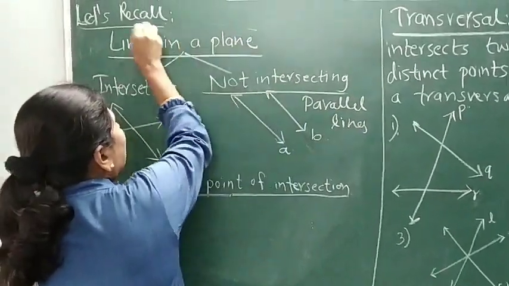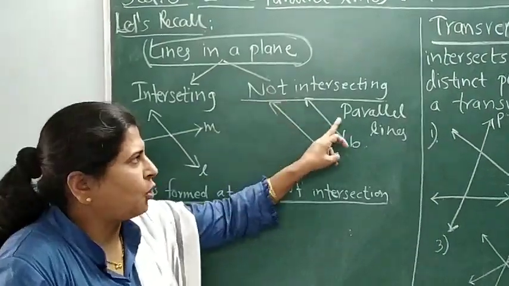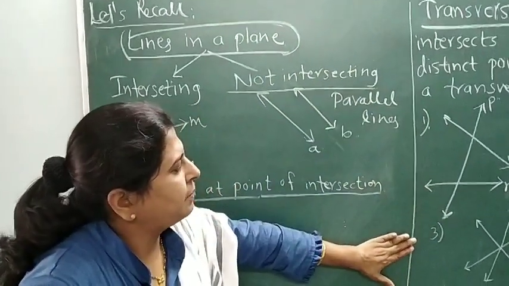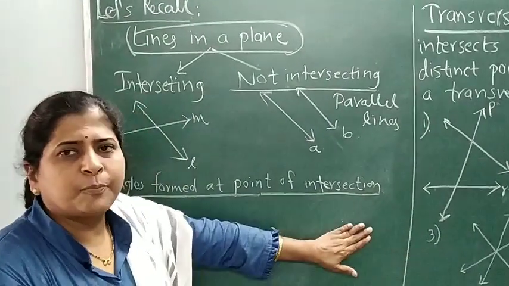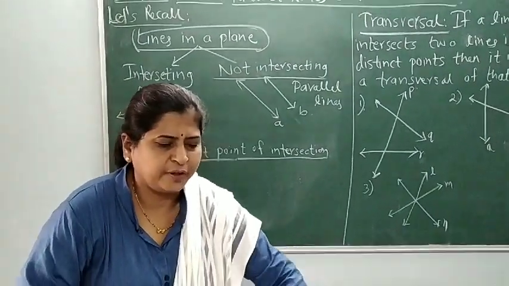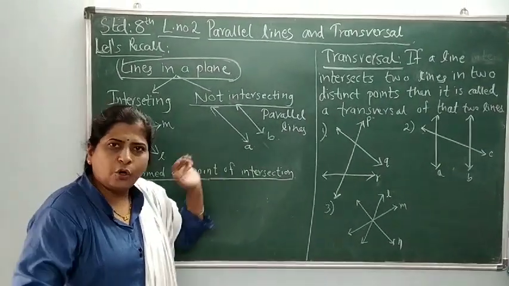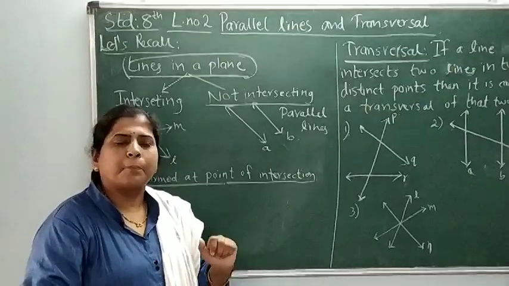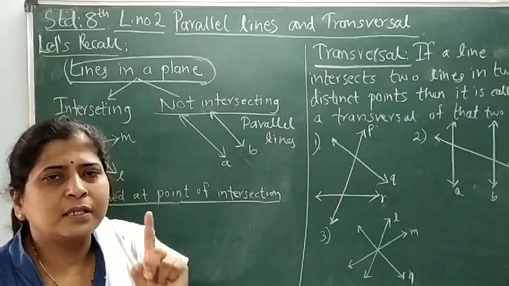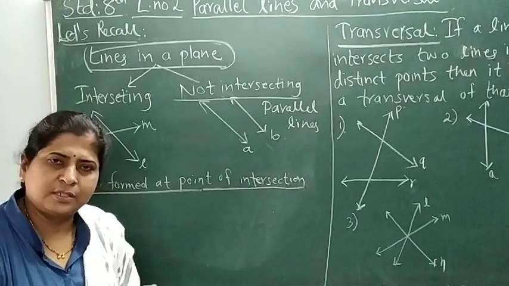So first thing, the lines which are in the same plane and do not intersect are called parallel lines. It should not happen that one line is on my blackboard, this is a plane, and the other line is somewhere here on the table. This table is also a flat surface. This is also a plane. One line is drawn here and one line is drawn there, and they are not intersecting each other. It doesn't mean that they are parallel. So for parallel lines, two things are important. First, the given two lines should be in the same plane, and second, they should not intersect each other.